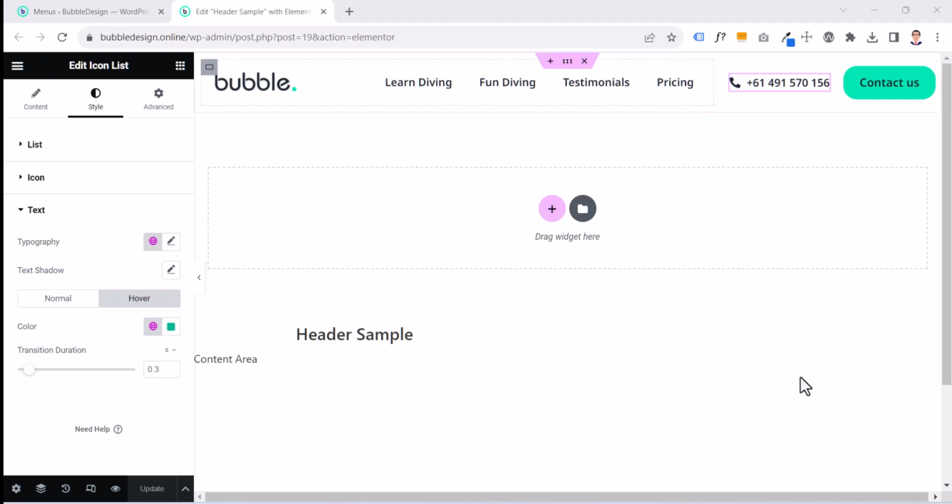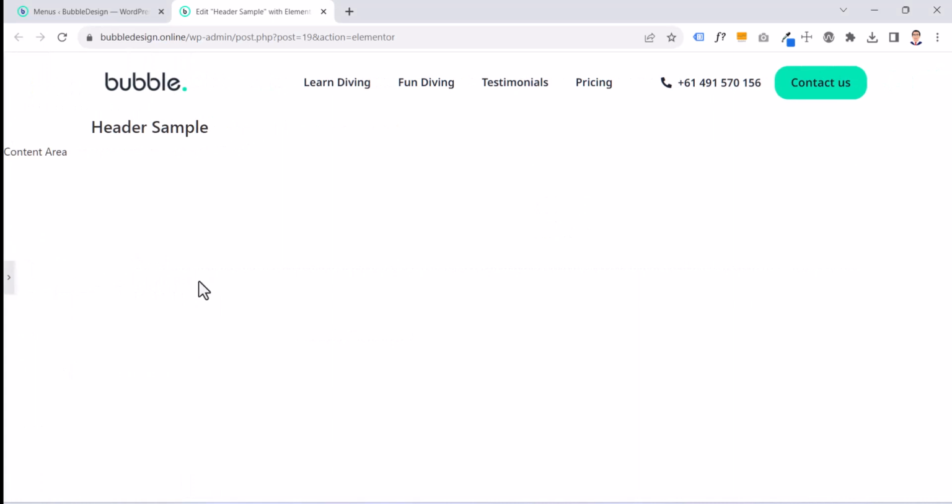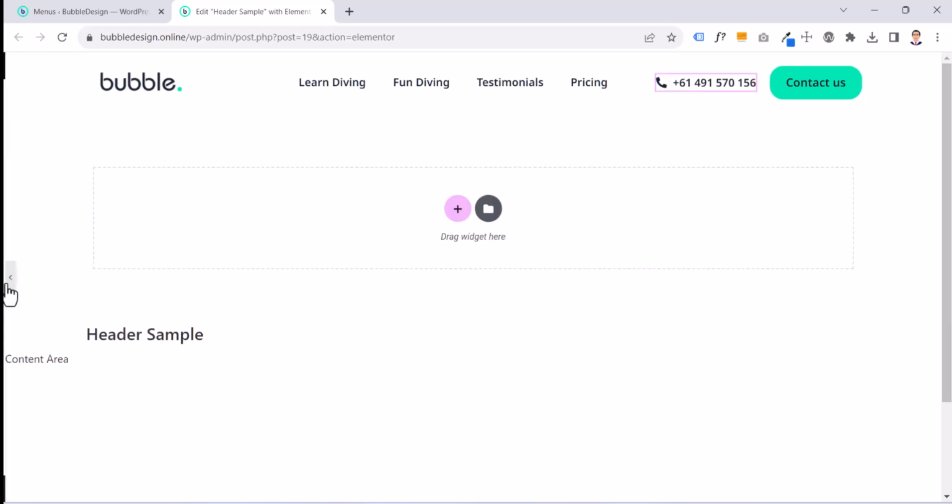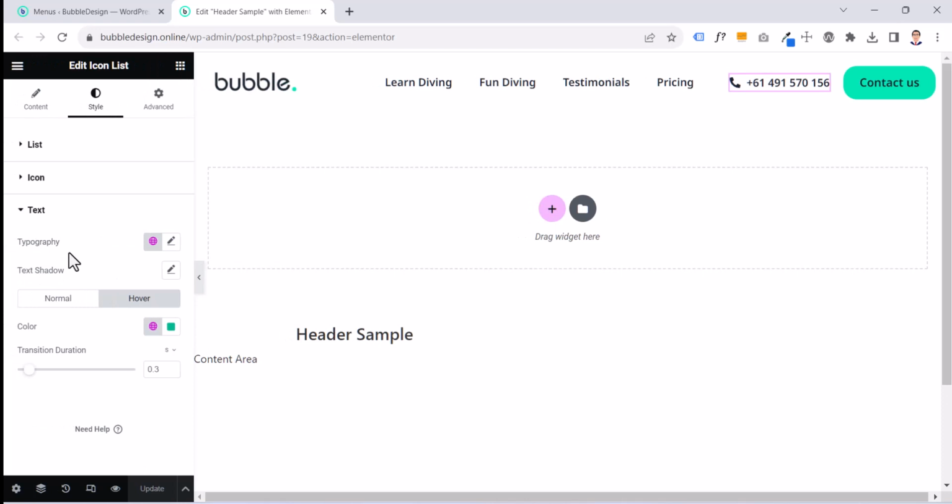I have already designed a header for our website, and we are going to design exactly the same header. We are going to practice together how to get to this design. Fortunately, Elementor gives us a feature. Elementor allows us to design a kind of global header, design a header, footer, and use it all across the